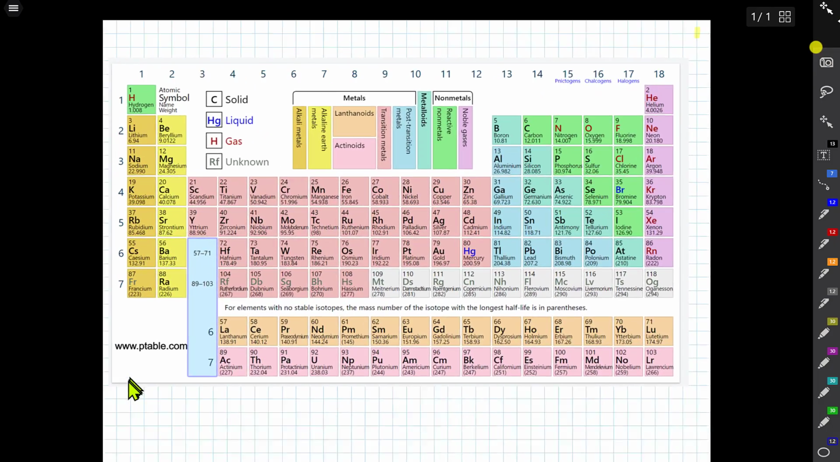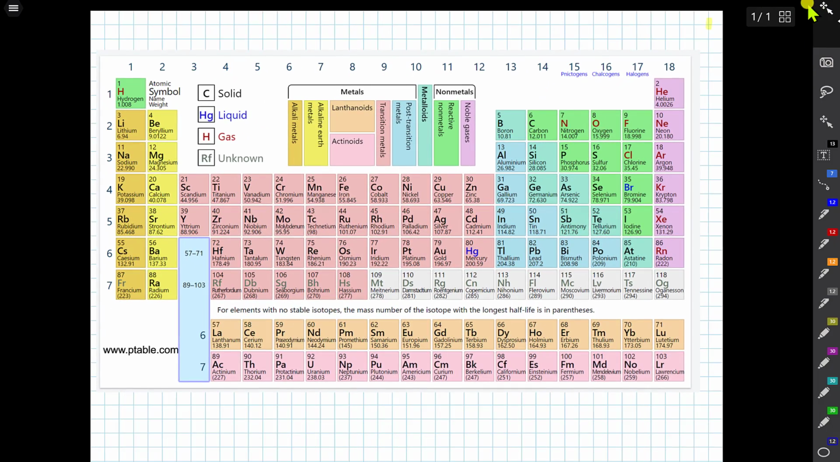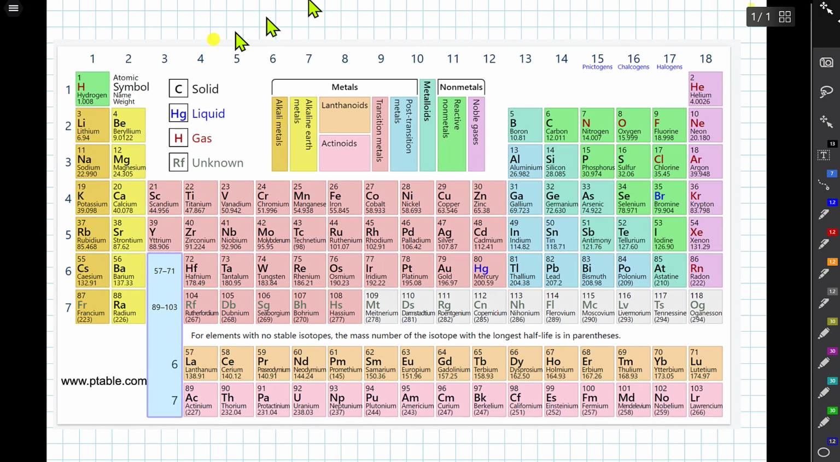So here's the periodic table I like to use from ptable.com. What we've been doing is talking about the Aufbau Principle, and I'm going to show you now where it comes from on the periodic table. This is the 1s orbital. You can put 2 electrons into it, so that represents hydrogen and helium,